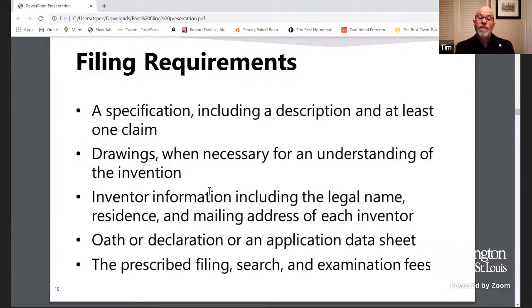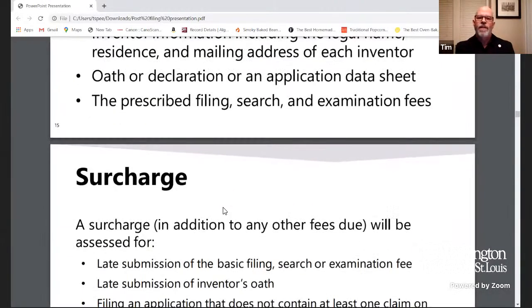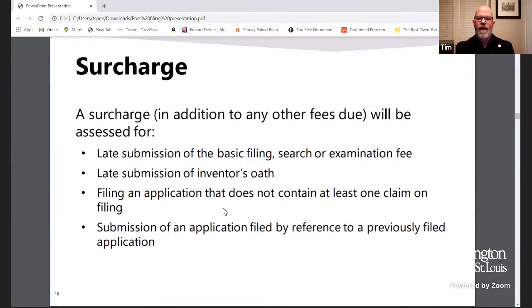And it's important for all of us, for you and for the office. It's like with anything else, good stuff in, good stuff out. Be as thorough, as complete as you can at the beginning, and it tends to make the process easier for everyone. And then of course there are filing fees associated with all of these things. I don't know that we need to get into the specifics of all of that here. For the late submissions, if you filed an application that's incomplete, we're going to talk about this.